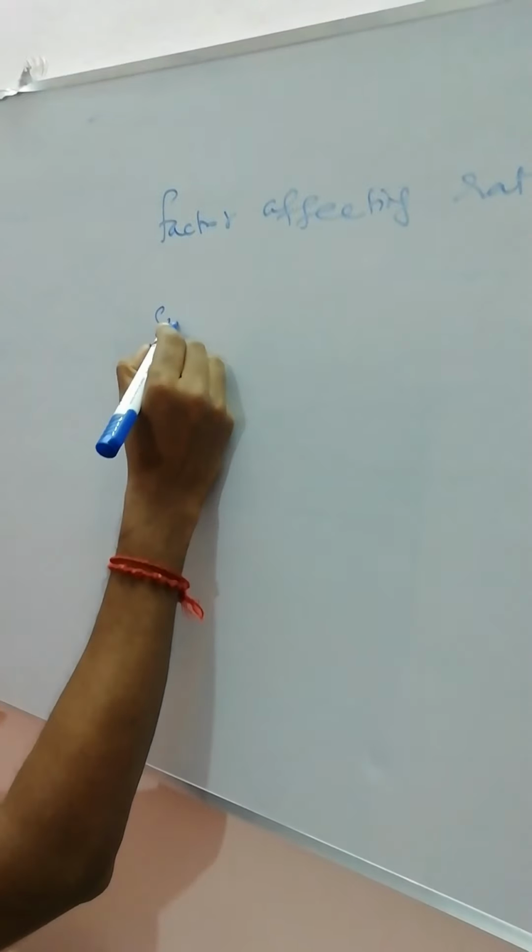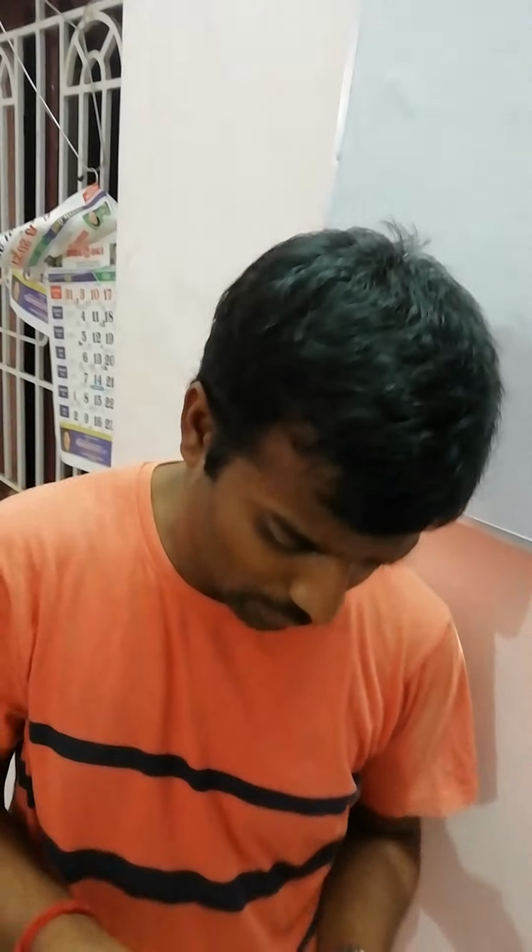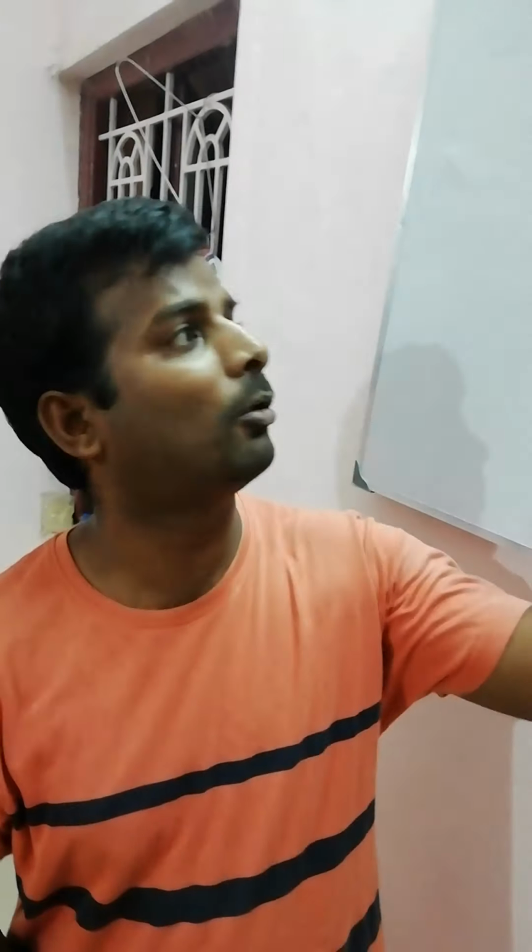Next one is surface area. If we increase the surface area, the rate of the reaction also increases. Let us see. Powder sugar easily boils when compared to a lump of sugar. If a whole potato boils in half an hour, chopped potato boils in only 20 minutes. So the rate of reaction increases when the size of the particle decreases. If the size of the particle decreases, it means the reaction will be faster. That's the thing about surface area.